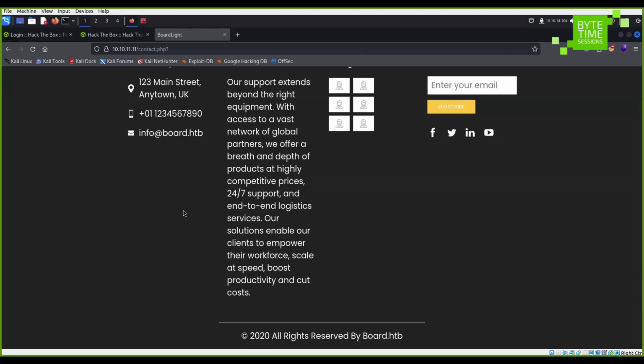Okay, what can we see? There's something interesting here for me: info@bot.hacktheboss. If you actually work on machines or you are new to this machine,